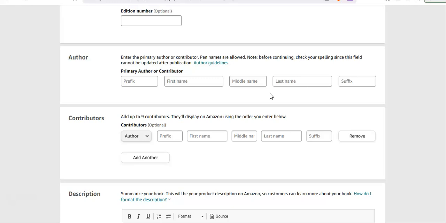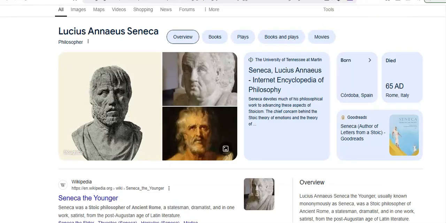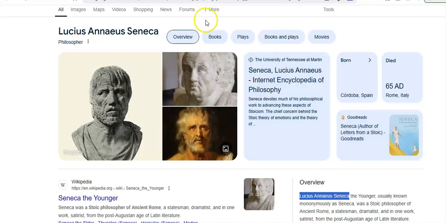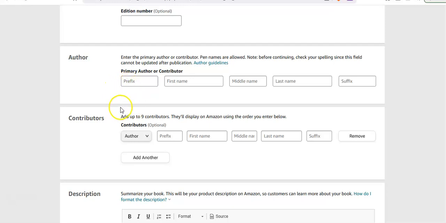Now, what I'm going to do here is I'm going to include his full name. So now to save, this is how I do it.